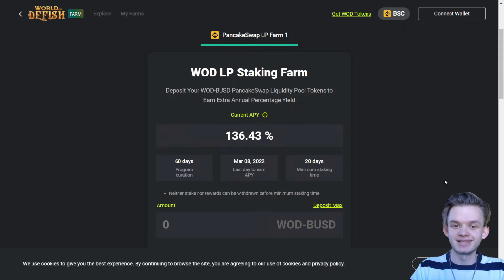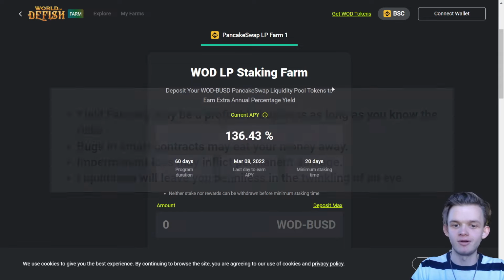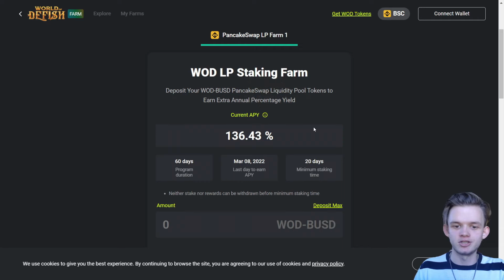So yeah guys, and keep in mind that we are not really interested in this kind of LP staking farm, because farm is really highly dangerous. That's not what we're looking for. This APY can change any day. One day it can be like 300%, another day it can be 100%, another day it could be 20%. It's really up to the price of the token, it's really up to liquidity. It's kind of complicated. Don't stake in farm.